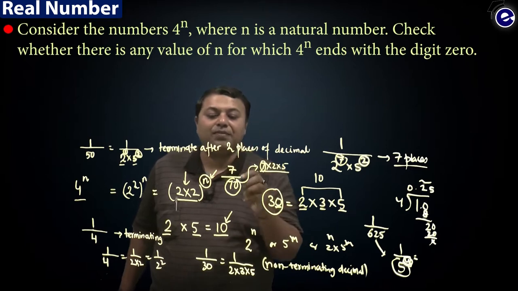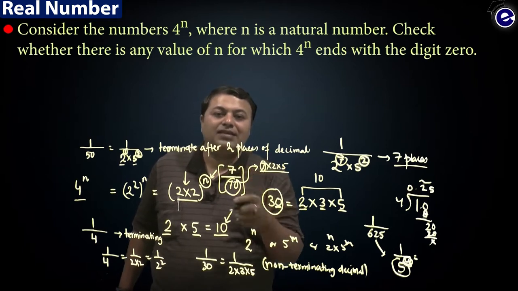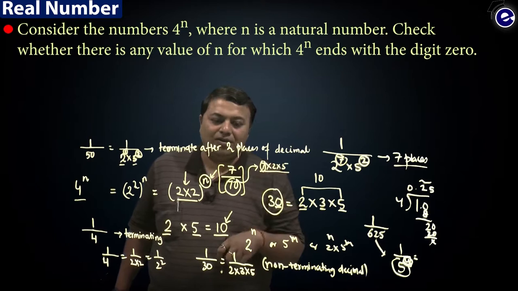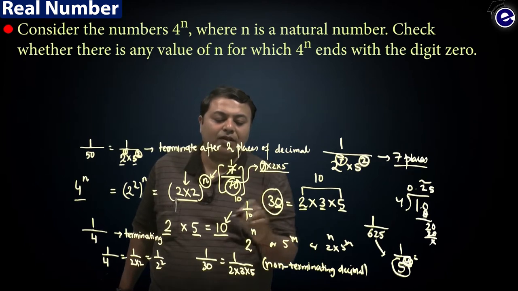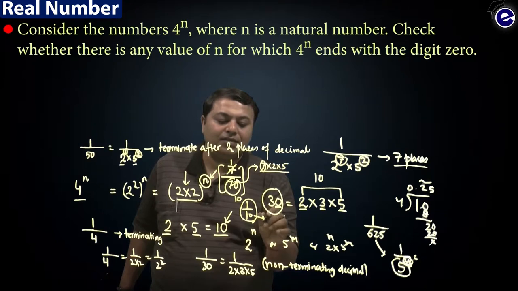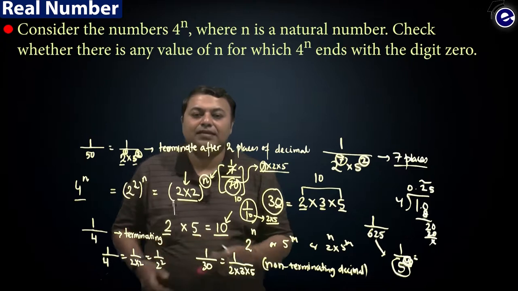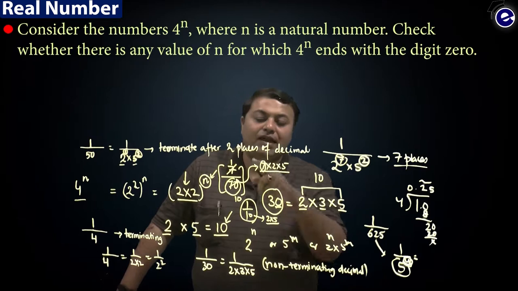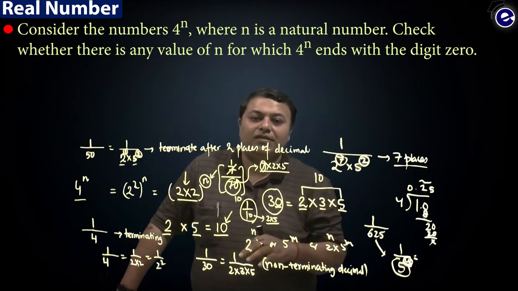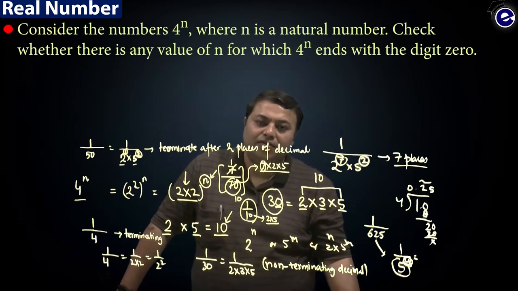Why? Because the first step is to see whether this is terminating or not. First of all, you have to bring it into the lowest terms. If you bring it to the lowest terms, 7 1s is 7, 7 10s is 70. Now it becomes 1 over 10, and the denominator now is 2 into 5. It consists of only 2's and 5's. So definitely it is a terminating decimal. Please, children, be careful when you get this question. First bring everything to lowest terms, then check the denominator. That is the key rule.